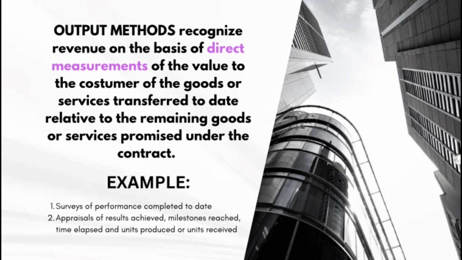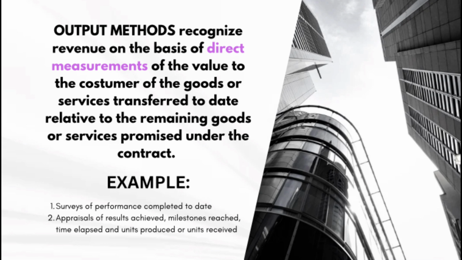The output method in construction contracts refers to a pricing strategy where the contractor is paid based on the completed work or the final output of the project, rather than on the costs incurred or time spent. The output method is beneficial for projects where clear deliverables can be defined, allowing for more straightforward management of project